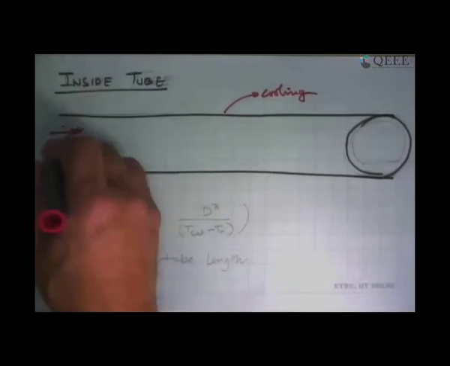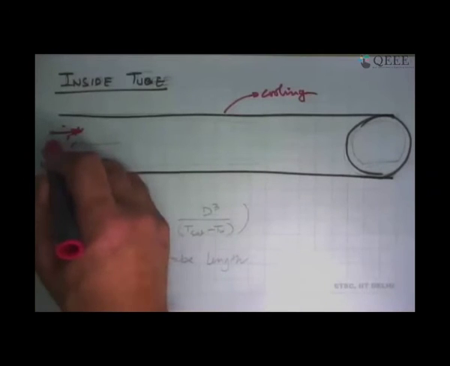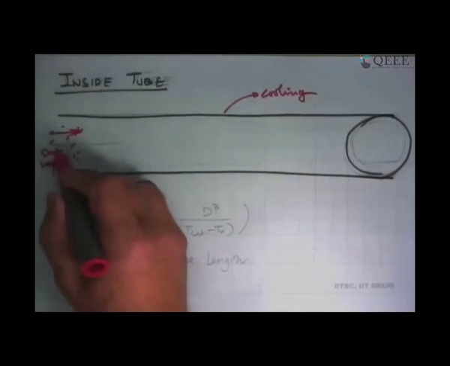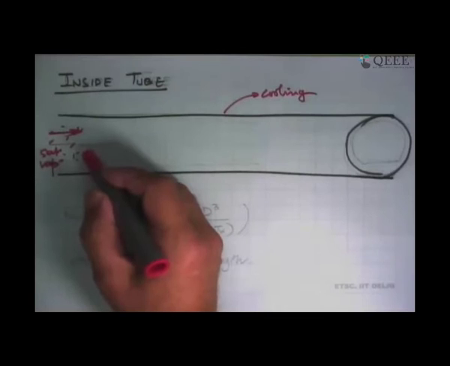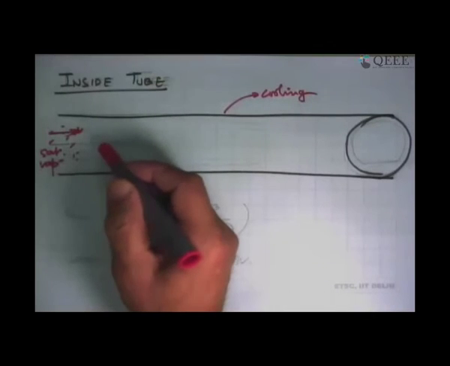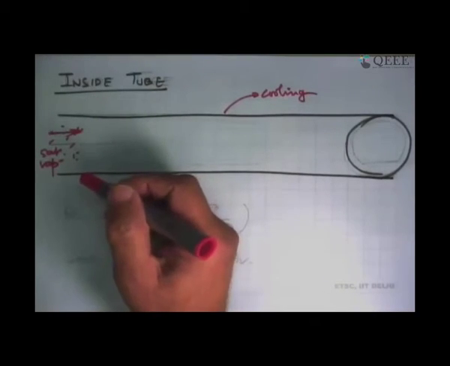So the inside vapor is hotter than that air, and it is slightly superheated as well. So initially, first it will get desuperheated. That is treated as a forced convection problem. We've already seen how to deal with it. At some point, it will become a saturated vapor, and now we start looking at what's going to happen. And after a while, it will become a subcooled liquid, slightly subcooled liquid.